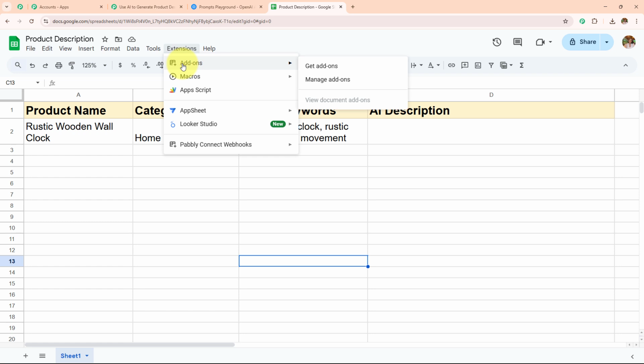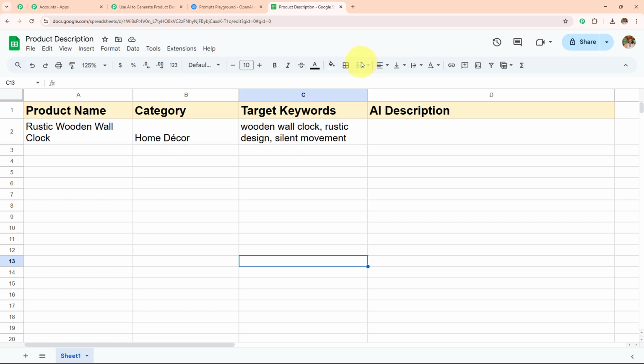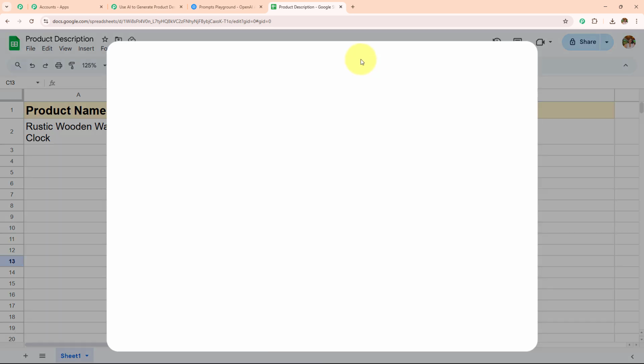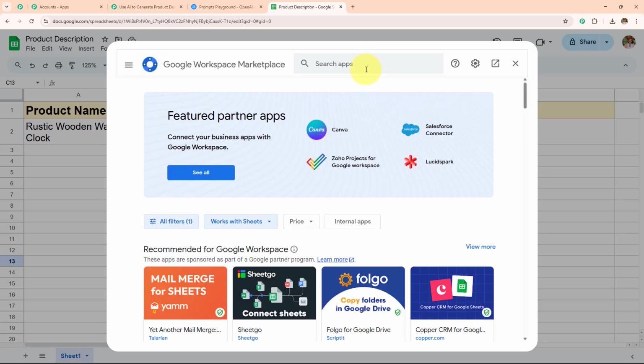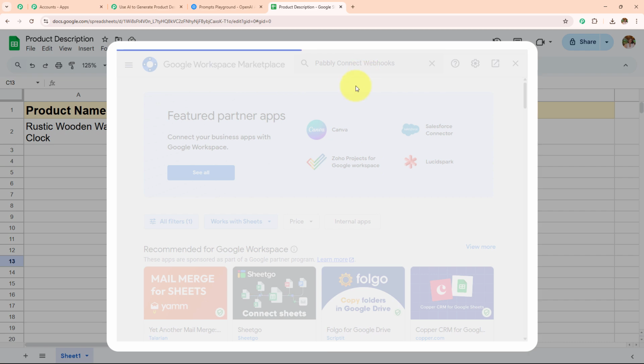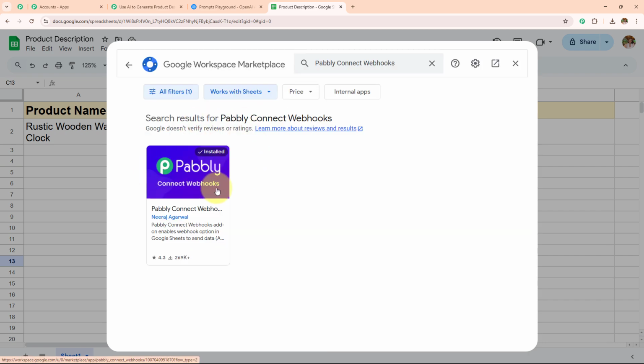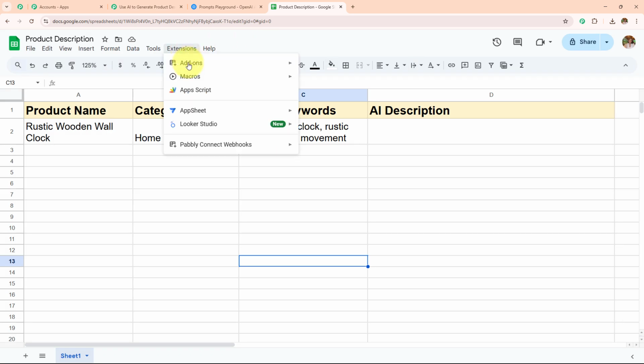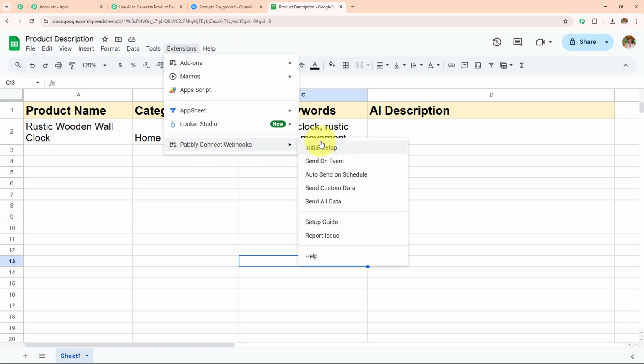For that I have to go towards extensions, go to add-ons and then click on get add-ons. Here the Google Workspace Marketplace will appear in front of me, where I need to search for Pabbly Connect Webhooks. And it is showing install because I have already installed this in my Google Sheets. But if you are doing this for the first time, make sure that you follow the same process and install this. Now after you install this, it will start appearing over here, and from here you have to go